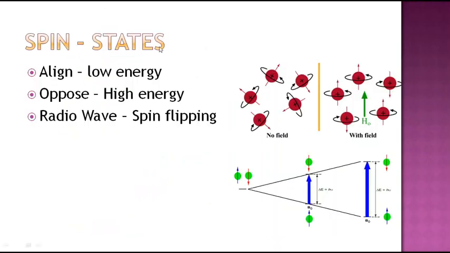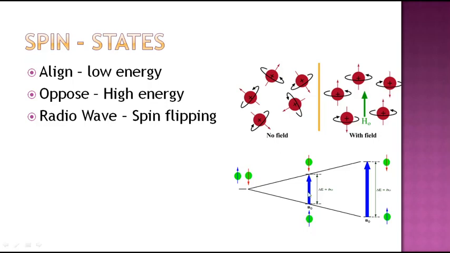Right, you can see there are different nuclei here orienting in different directions. There is a random direction in the absence of a magnetic field. No field here. When an external magnetic field is applied, H is not 0, then there are protons, 1, 2, 3. There are 3 protons which align with the magnetic field. There are 2 protons which oppose the magnetic field, and therefore separation of the spin states takes place. In the absence of a field, both spin states are degenerate, either aligned or opposed. Both are degenerate.